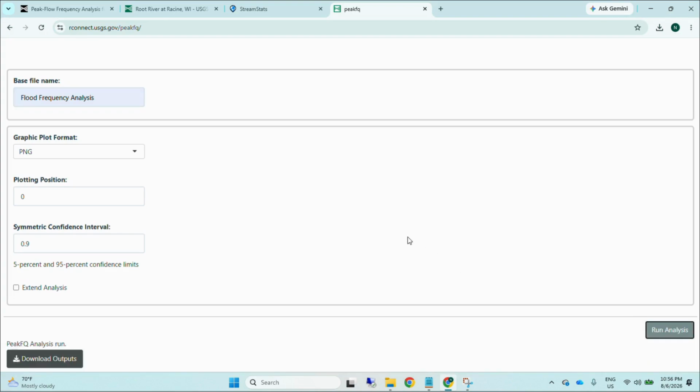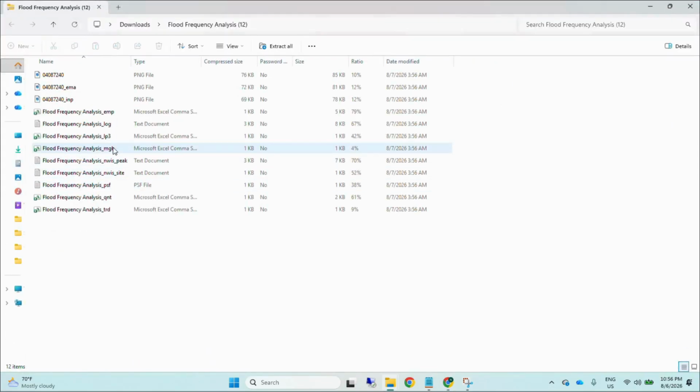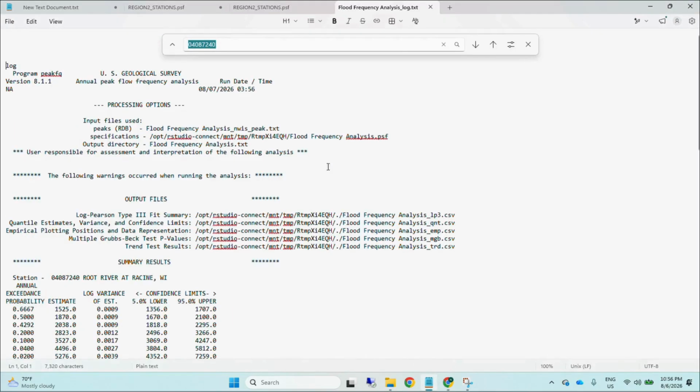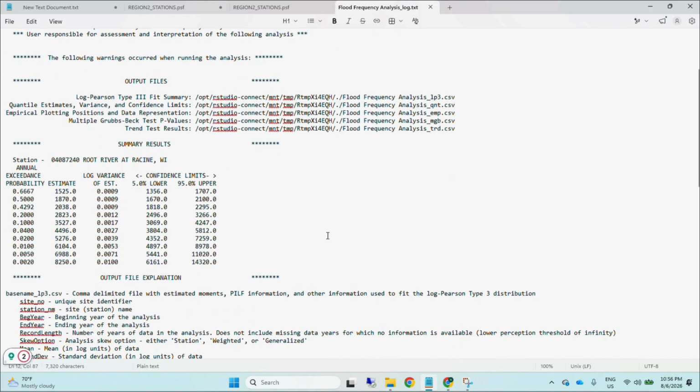Once the analysis is complete, you can download the output folder as a zip file. The folder contains several files, but for the detailed flood frequency results, open the log file. For this gauge, the estimated peak flow at the 1% annual exceedance probability, or the 100-year flood, is 6,104 cubic